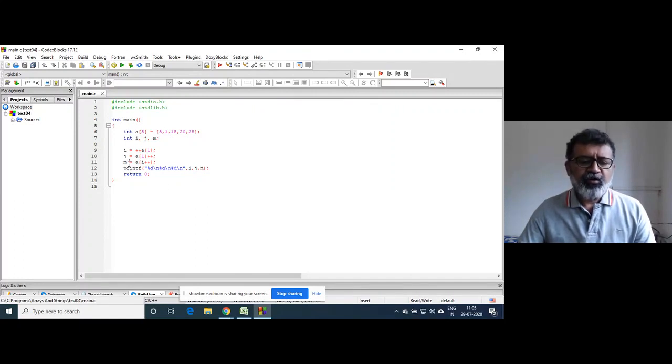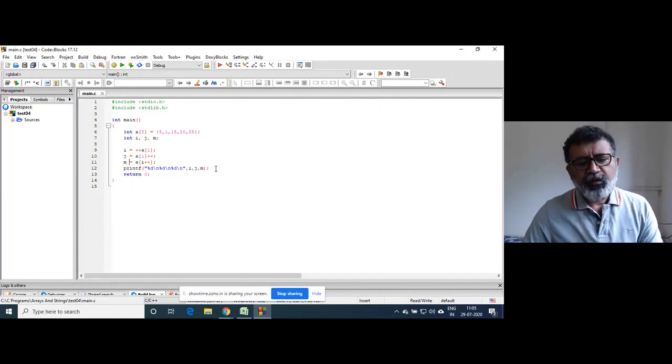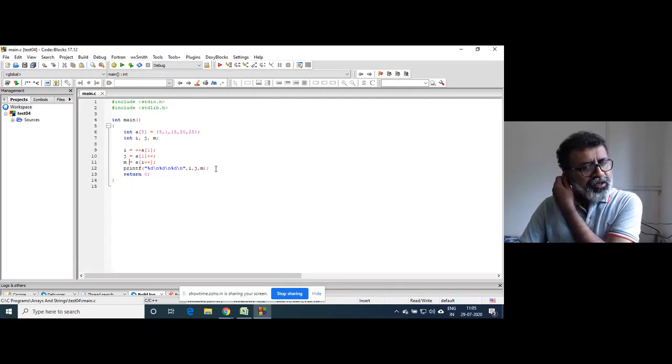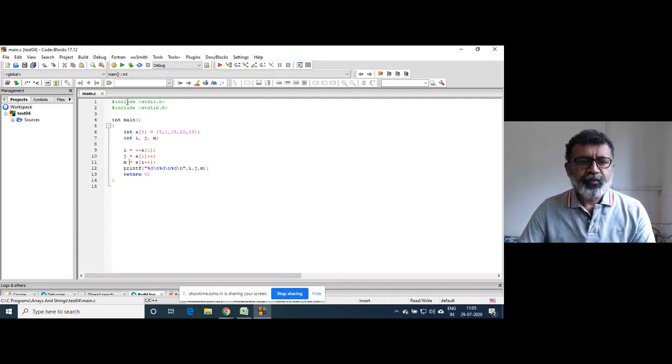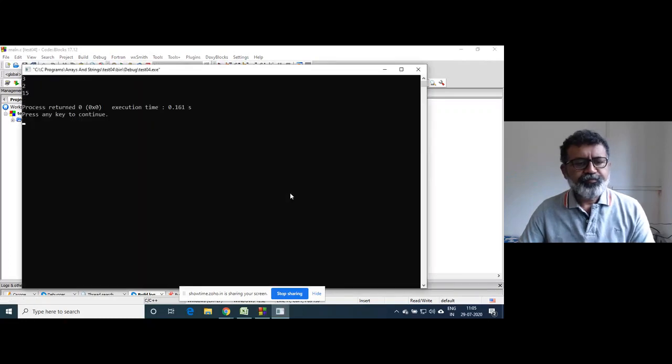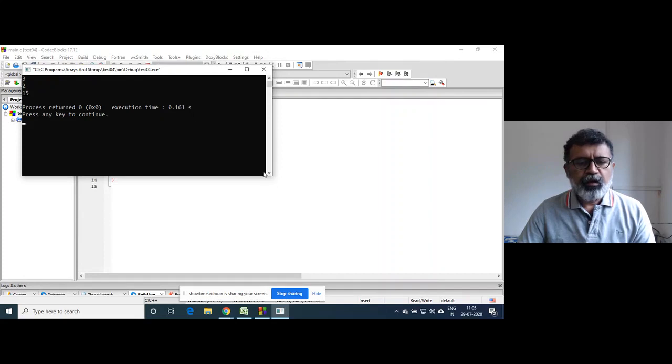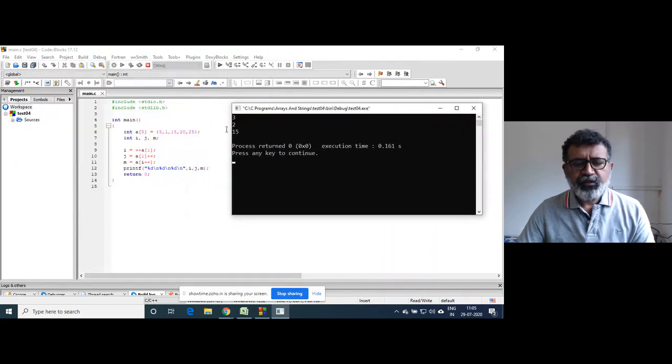And what will be the value of M? The value of M will be 20. If I run this code, 15 I mean, it will print 3 because I is incremented, I becomes 2 here and I becomes 3 here, right? So the final value of I will be printed as 3.